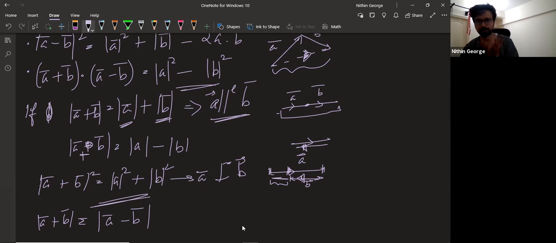So rectangle means what? Adjacent sides are A and B. Since A and B are adjacent sides and we're talking about a rectangle, a 90 degree rectangle or a square, you know for a fact that A and B are perpendicular. Or what do you do? Square both sides and expand. We have the expansion already. From the expansion you will get cos theta equal to 0, or A dot B equal to 0. So here it means that A and B are perpendicular.